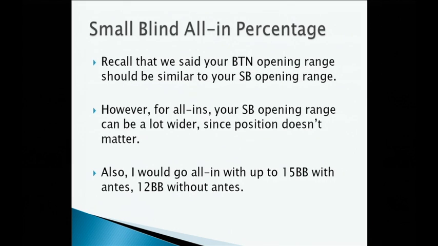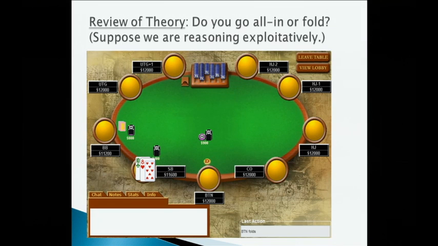But from the small blind, when I know that if they call, I'm playing the hand out of position, I really want to avoid this situation. So going all in for a huge amount from the small blind is usually okay, since there's only one player behind anyway. Okay, so let's look at a sample situation. I'm going to first analyze it theoretically, and then I'll go through a bunch of examples.